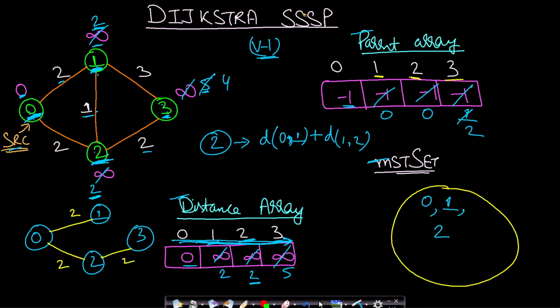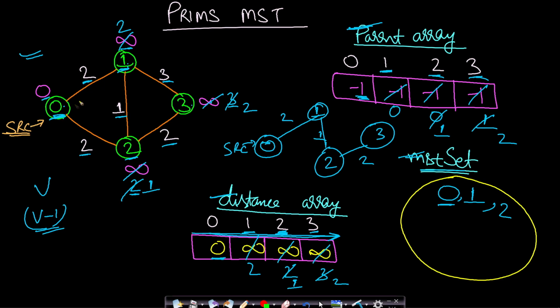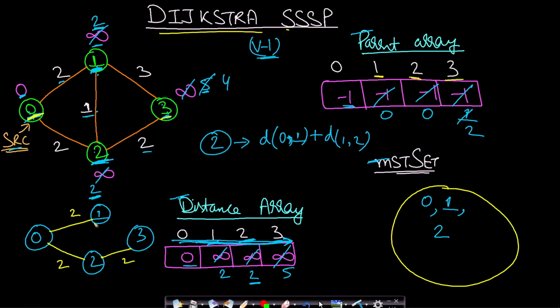Now we have got a different graph for this Dijkstra algorithm because we are finding the total distance from the source node for reaching every other node. Okay, what is the minimum distance from the source node to every other node? And in the previous case we were just concerned about the edge weight and not about the total distance. So in that case the source really doesn't matter. We actually want the aggregate of all the edges to be minimized, but in this case that is not the goal. In this case you have the source node and you want to minimize the distance from this source node to every other node, and that is why the answer is different.